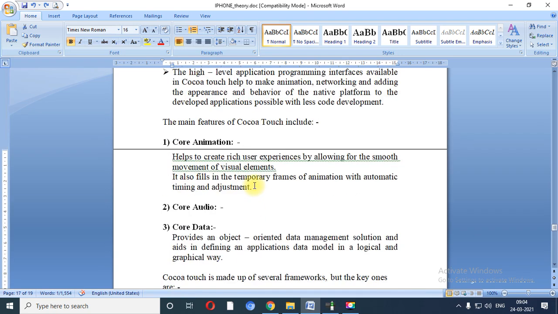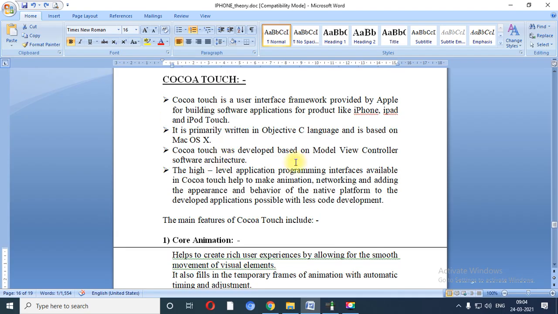Let me repeat Cocoa Touch once again. Cocoa Touch is a kind of framework which is provided by the company Apple and specifically developed for software which can be used for the iPhone, iPad and iPod. You can code in Cocoa Touch using the language Objective-C, and this language is based on the Mac operating system.